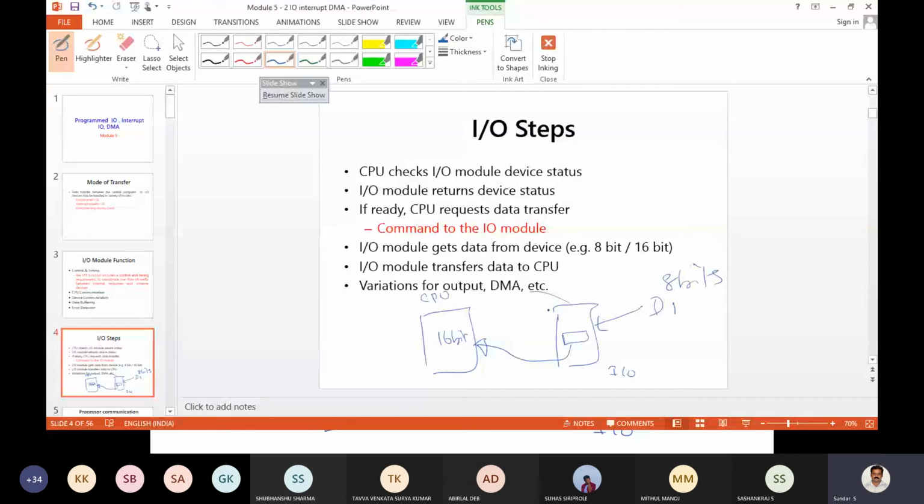We have seen memory mapped IO and IO mapped IO in the form of diagrams, and strobe communication and handshaking, which we also discussed. We also differentiated synchronous and asynchronous modes of communication. I want to go slowly because I don't want to load too many concepts in a single class. These concepts are related to each other, but slightly varying. If I explain all this in a single class, it will confuse you, so let me go portion by portion.